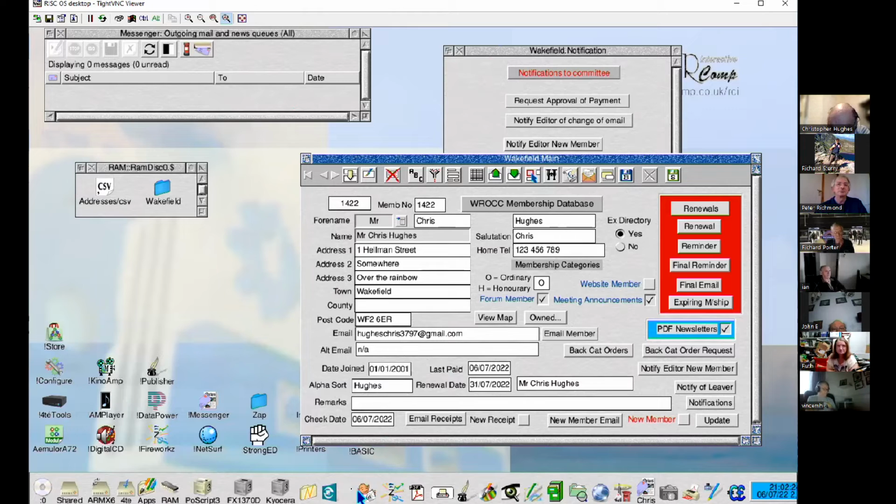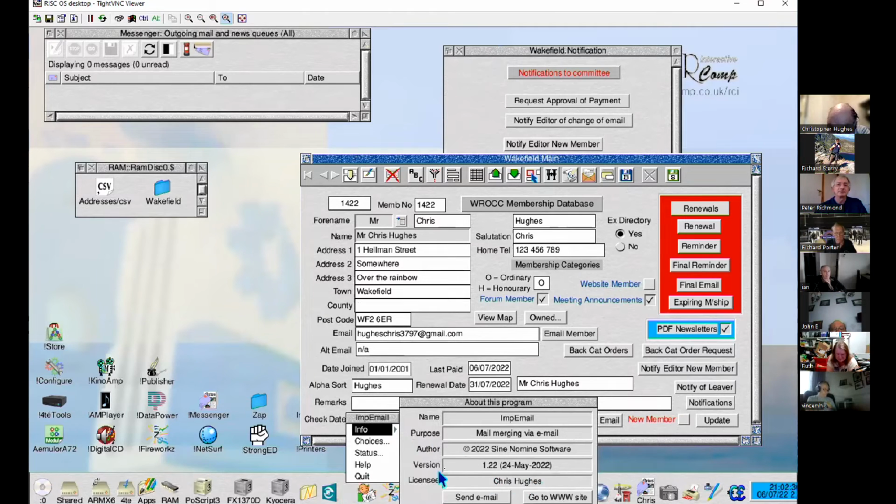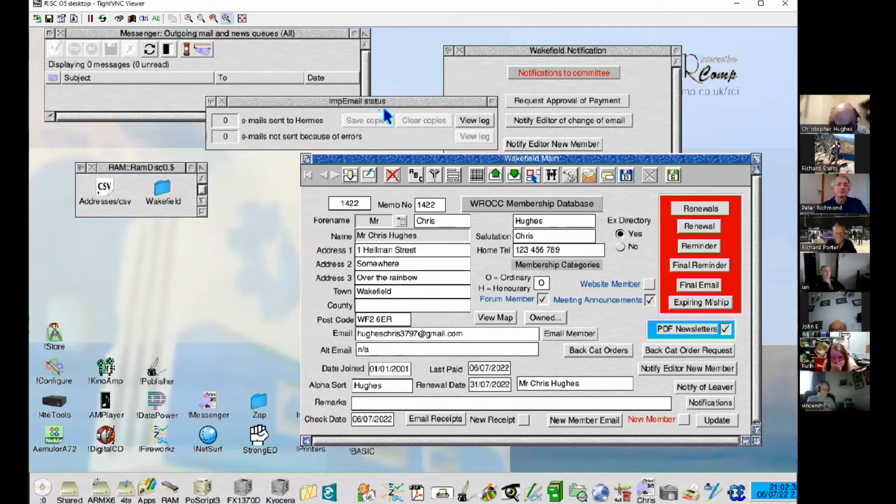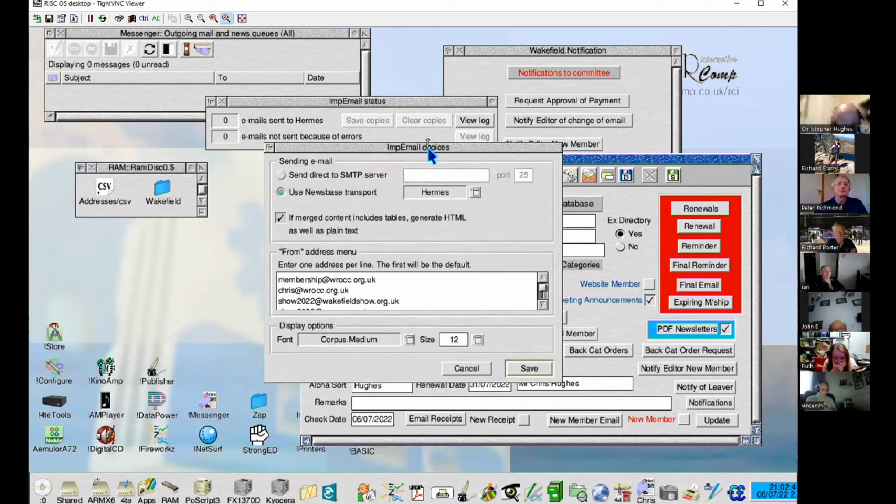I look at Imp Email, which is the icon here. You can see it's got the normal choices, send the email, double type. You've got the status window, which is that. Has your own help file and the choices. Now the choices,